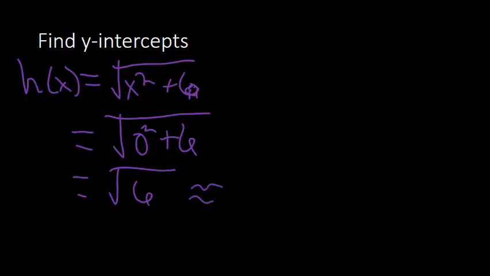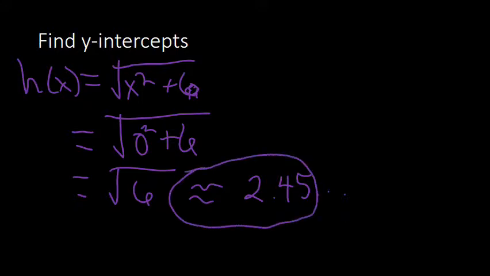But if we were to mathematically compute that, we would find that the square root of 6 is equal to 2.45, and the decimals continue. So we could say that the y-intercept is approximately 2.45, or we might just say it's approximately 2.5. Let's look at an example of finding an x-intercept, and I'm looking at, if you go to page 16